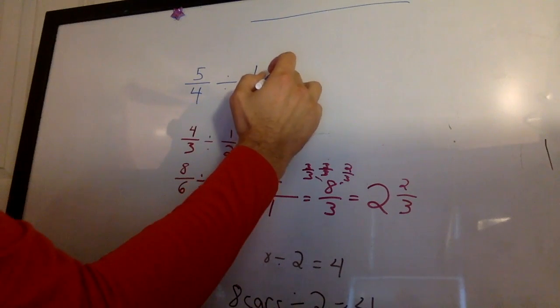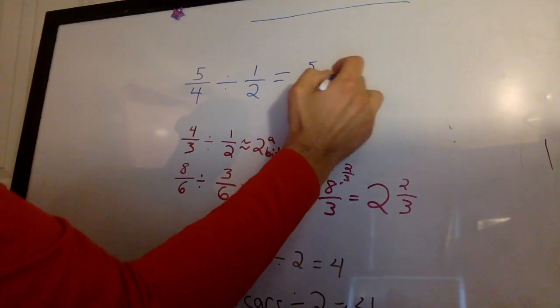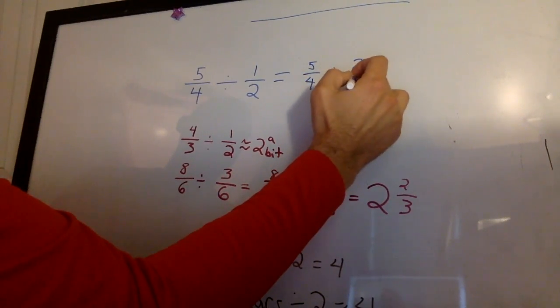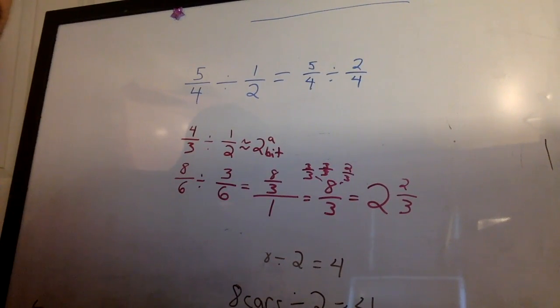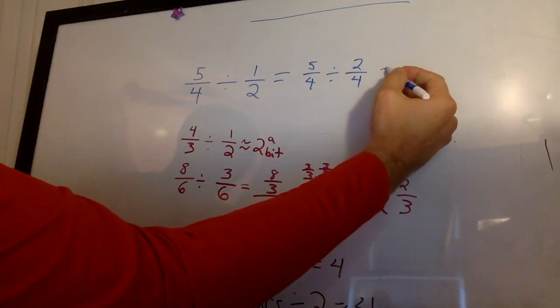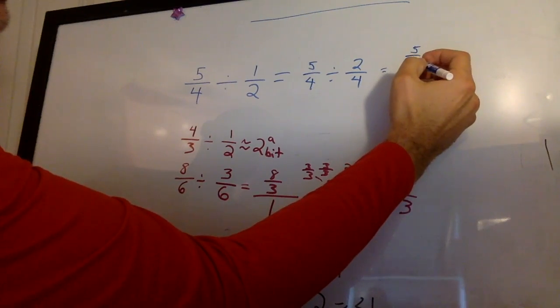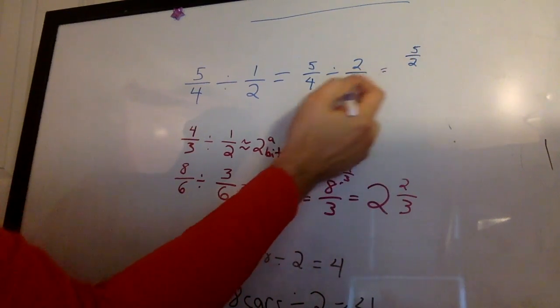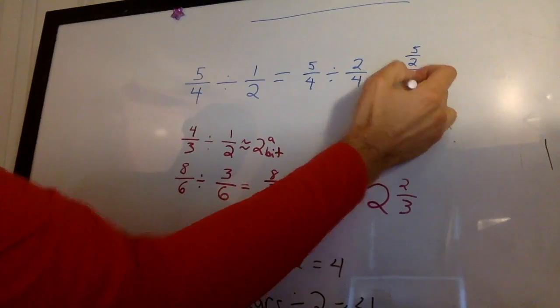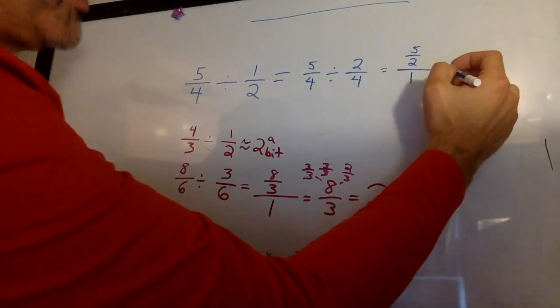So I'm going to rewrite this problem as 5/4 divided by 2/4, because 1/2 converts to 2/4. Now, what is 5 divided by 2? Well, it's an improper fraction. 5/2, and then 4 divided by 4 is 1. Anything divided by 1 is just itself, so the answer here is 5/2,